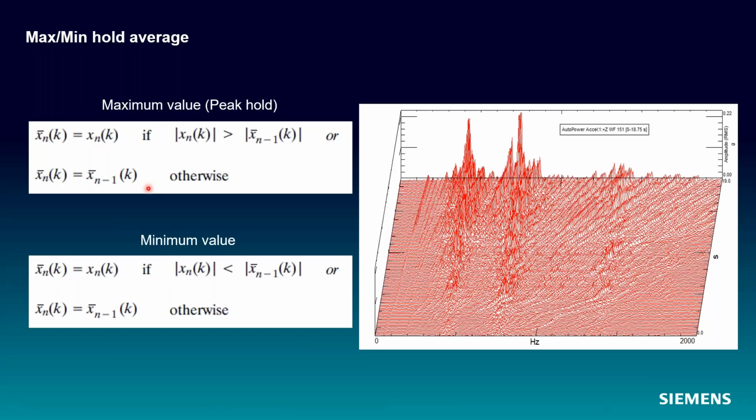Our last partners here are max and min hold. And so how does this work? Well, essentially, for each one of these frequency lines, like from 0 to 2000 hertz in this case, the software is going to go through, and if we go to our old friend 419 here, if I'm doing maximum hold, it looks at the first data point and says, okay, it's 10, let's say, waits till the next data point.